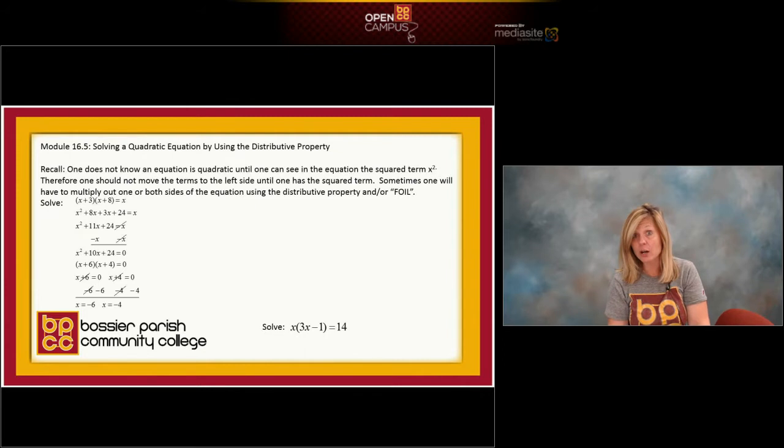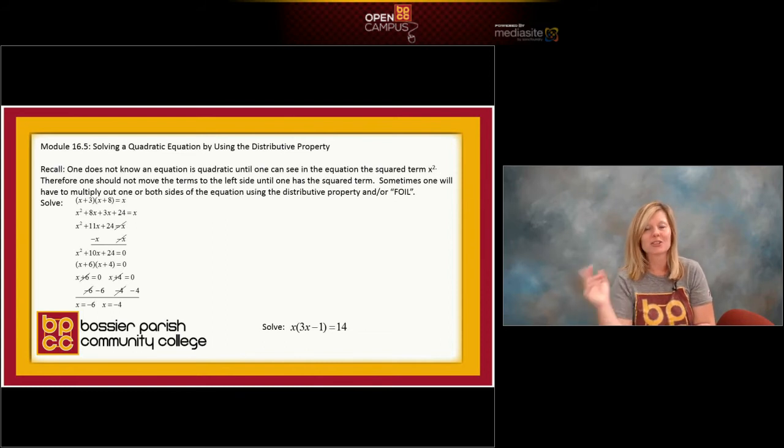We should check those, but again, the moral of the story is this. When you solve a quadratic, you should get 2 solutions, and they both should check. If they both check, you did your work correctly. If your solutions didn't check, that would tell you you made a boo-boo. All right, let's go to the whiteboard.